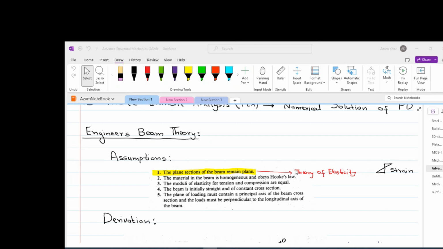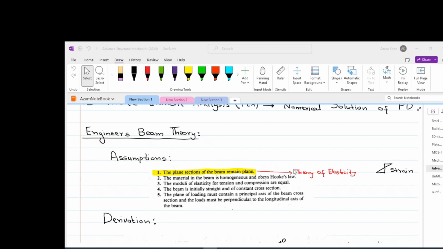We will now discuss the fundamental theory derived in our undergraduate mechanics course, which is called Engineer's Beam Theory, or in other words, Flexure Beam Theory. Theory of elasticity, which is the main focus of advanced structure mechanics, is an advanced version of engineer's beam theory. Before starting theory of elasticity, I think it's a good idea just to recall the engineer's beam theory and